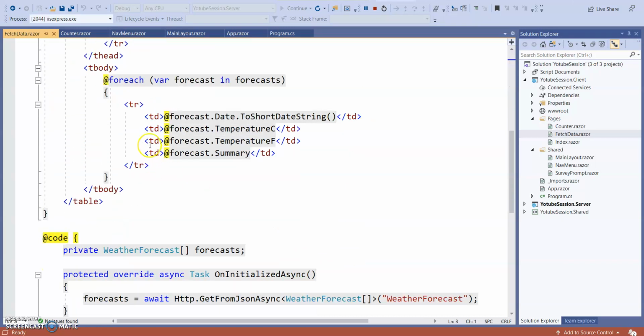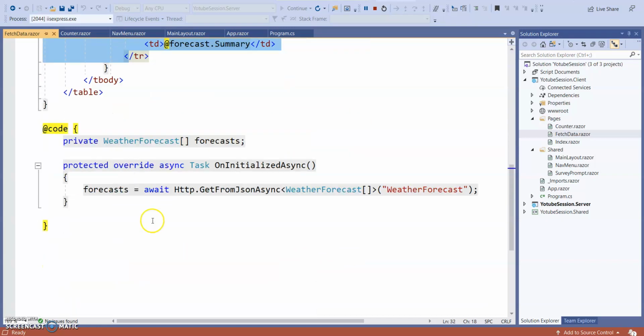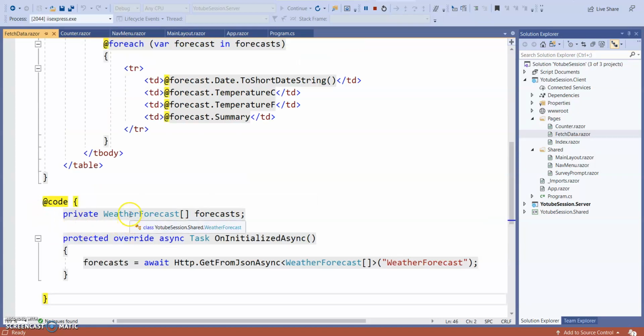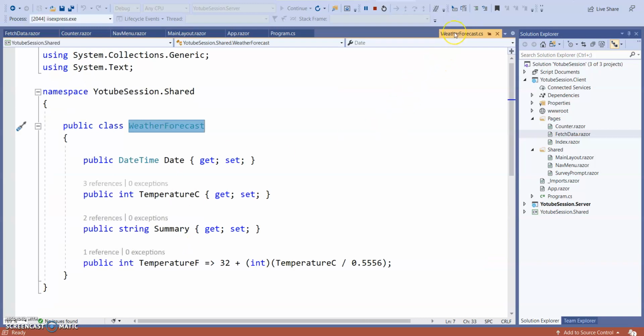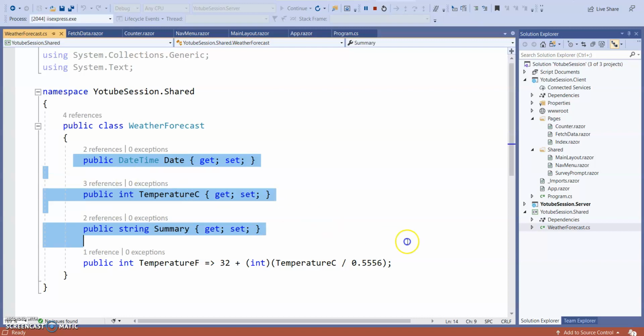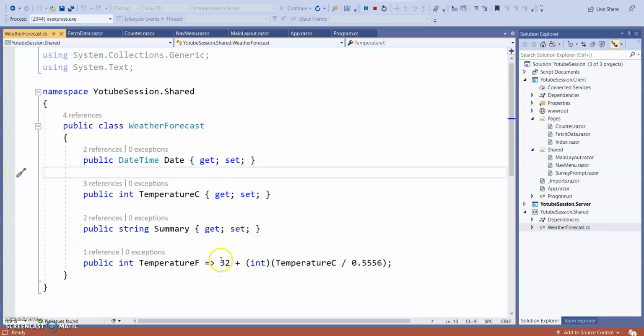Now here you can see there is a foreach loop. Here you can see this is an array of a class, a generic array. So what is this? Let's go to the definition. You can see it is found in the shared folder. Inside shared, we are declaring the properties. It's completely a data model, where we are declaring the properties.